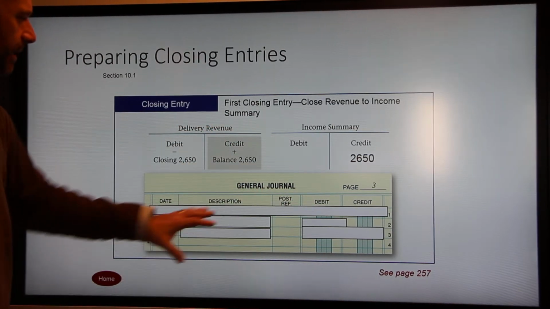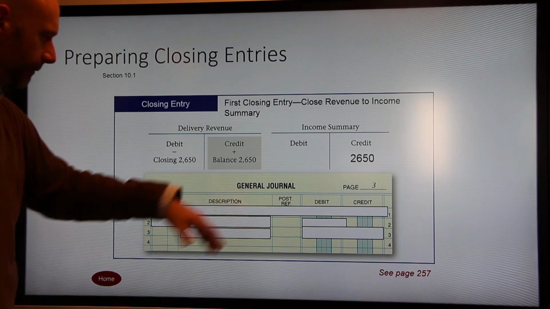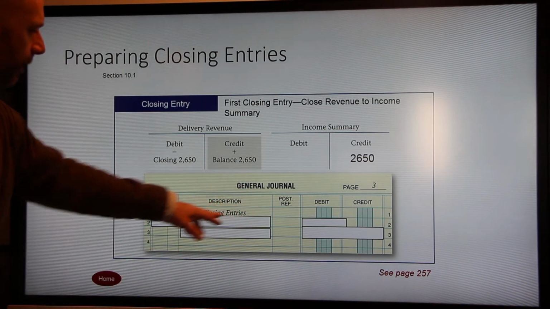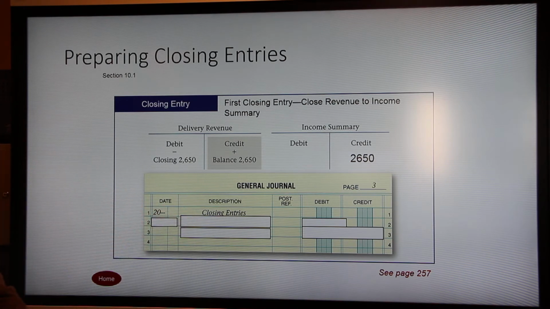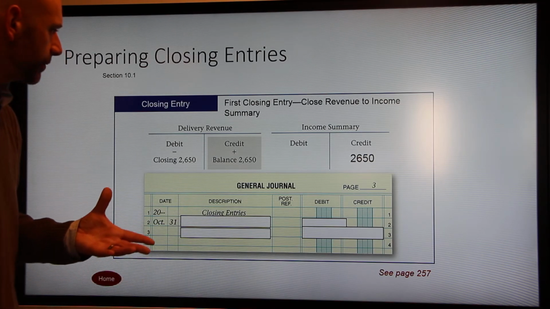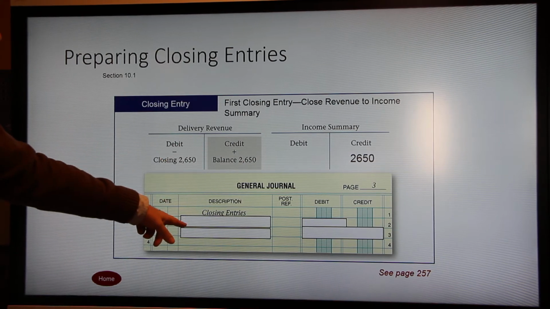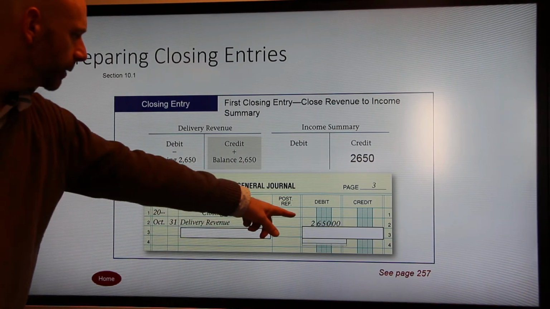But now we have to take this information, we have to post it, right? We have to put it in our general journal. So like I said, the first thing you have to do for closing entries is write the term closing entries on top. Next you have to put the last day of the month. So in this case, it's October 31st, the end of October. We always start with our debited account first. So when we look at these two, we see that we debited delivery revenue, $2,650. So we write delivery revenue, $2,650,